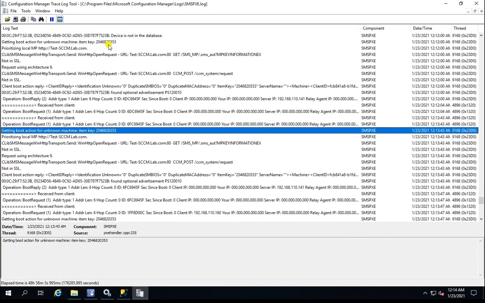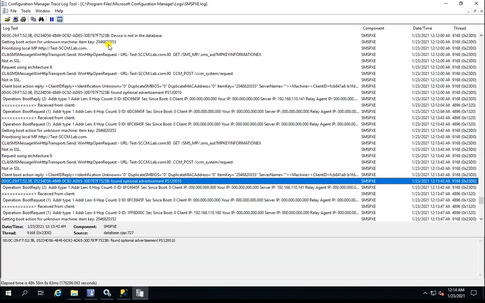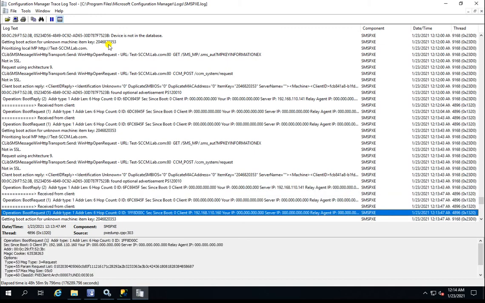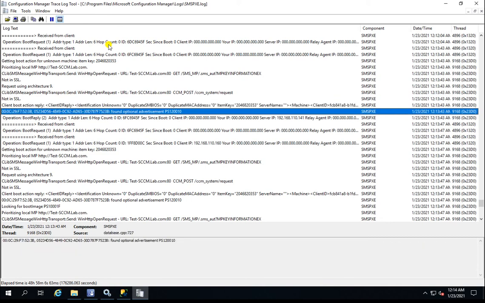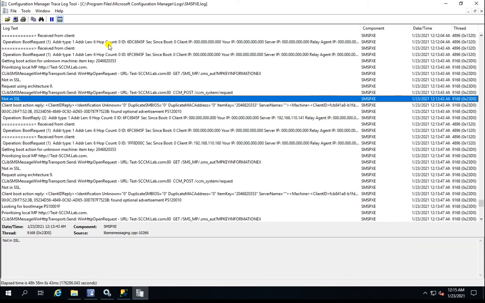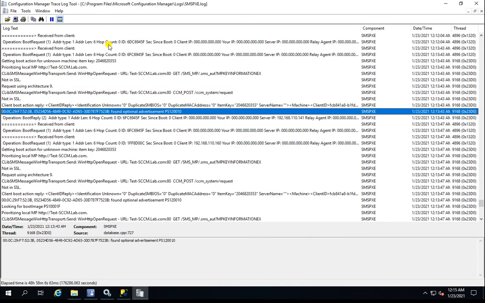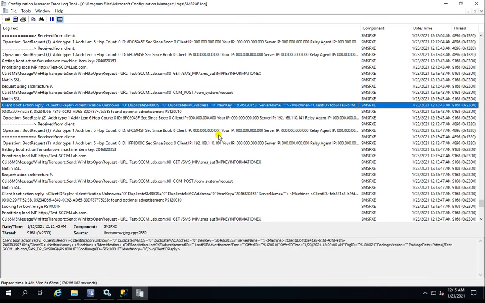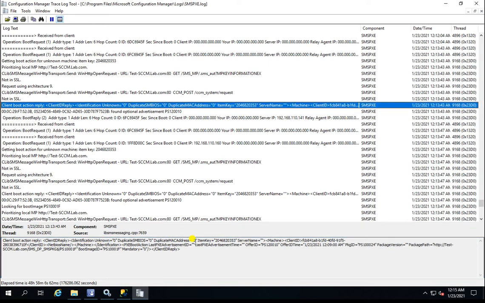So here you can check the logs, you can read them thoroughly, and you will understand how it is going. In these logs you can read the IP we got, and here I can show you what IP it got. If there is any duplicate entry, it will show you here the duplicate BIOS, or that it is an unknown machine. If it is a duplicate address, it will show you here.